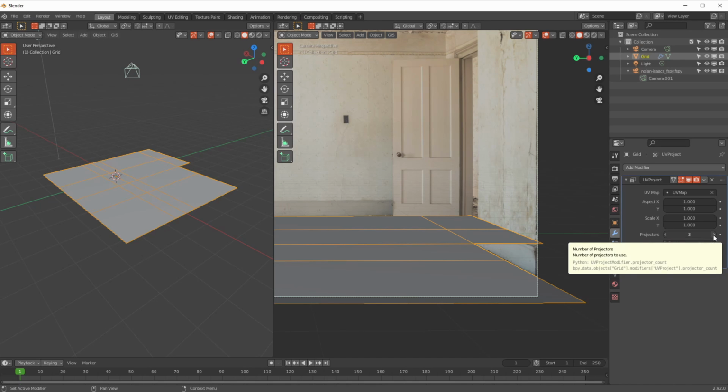So if you've filmed or taken photographs of a room and you've taken 5 or 6 photographs of a room, you can then create individual Fspy cameras and use each of those as a projector. So, for example, if you're looking down a hallway, out through that wall, out through that hole in the wall,